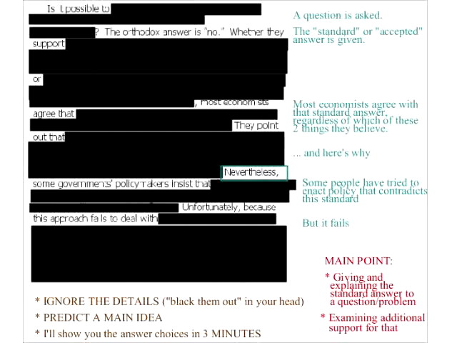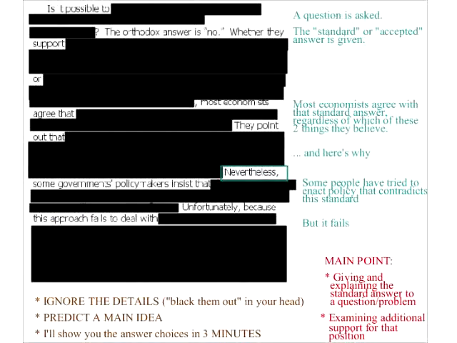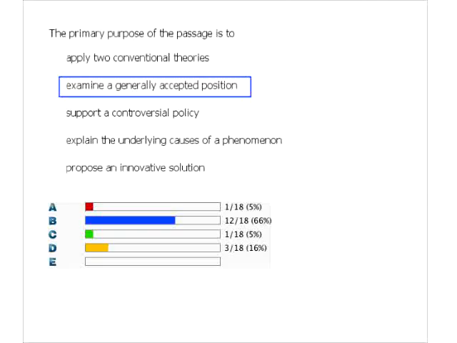All right, it's pretty clear what's going on here. We got a position, and we're basically supporting and examining the position. So that is what that says in almost exact words again. Apply to conventional theories, one person put, doesn't happen. The two conventional theories are the ones that are blacked out here and here, but they don't apply them. In fact, they don't even distinguish between them. Because they're like, whether the economists believe in this theory or this theory, it doesn't matter because they still agree on this point.